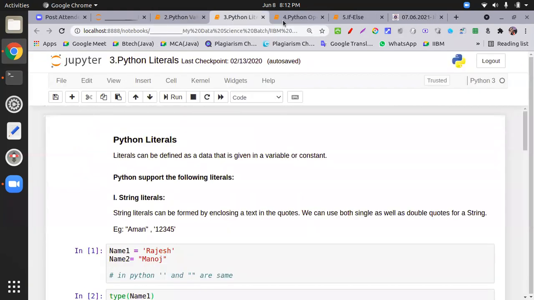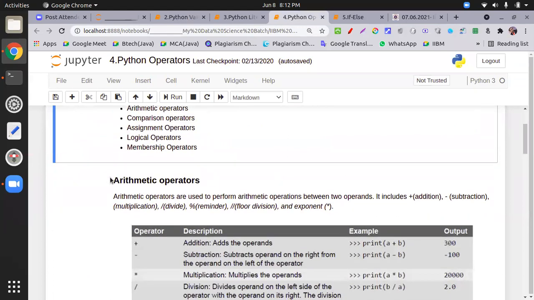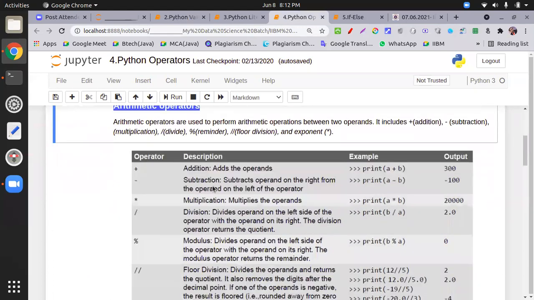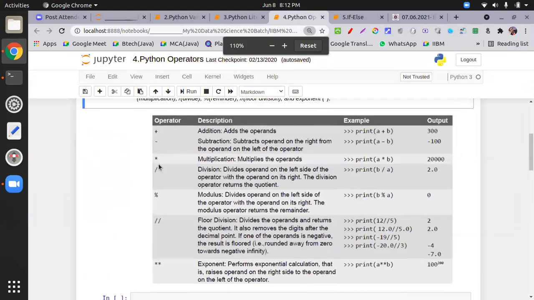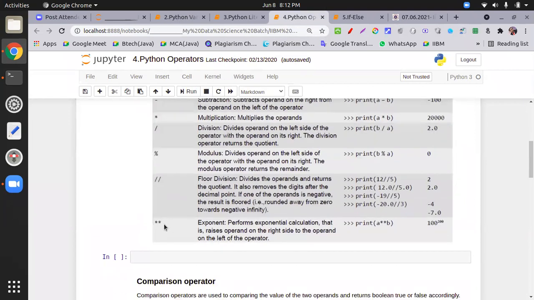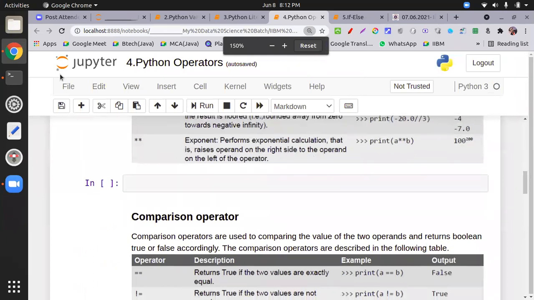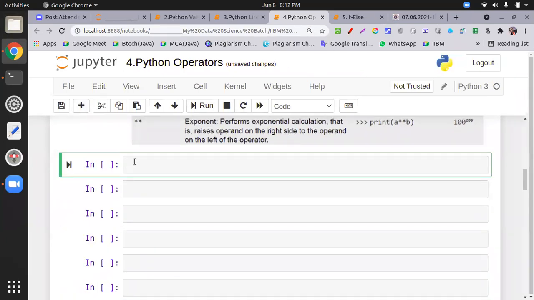Okay, sir. So we can divide this first for arithmetic operator. In arithmetic operator, we have plus, minus, multiplication, division, remainder. Remainder means that thing is remaining. Then floor division or integer division, and exponent means power operator. Floor division is very helpful for getting the integer value. Let's explain this one by one. So I take two variables var1 and var2.